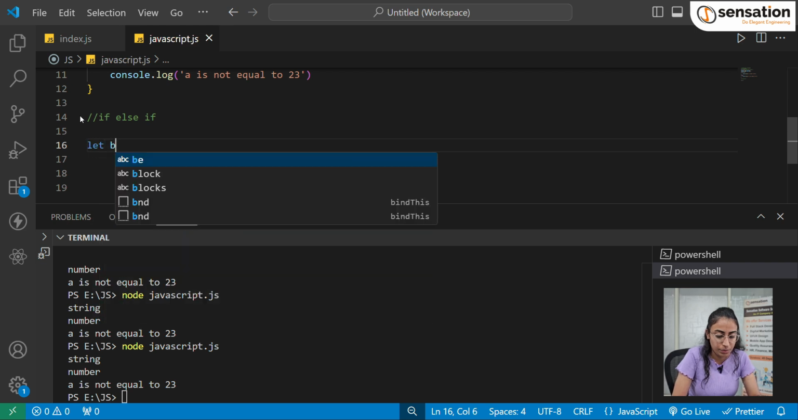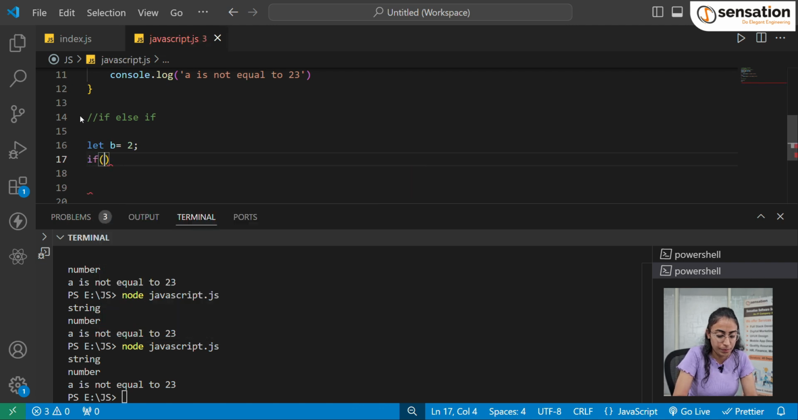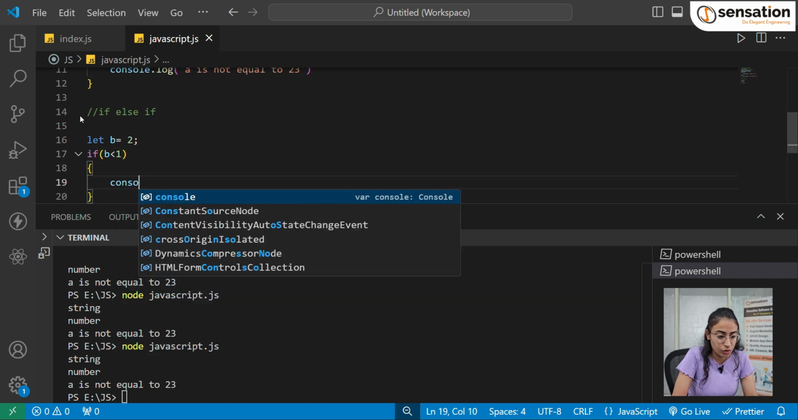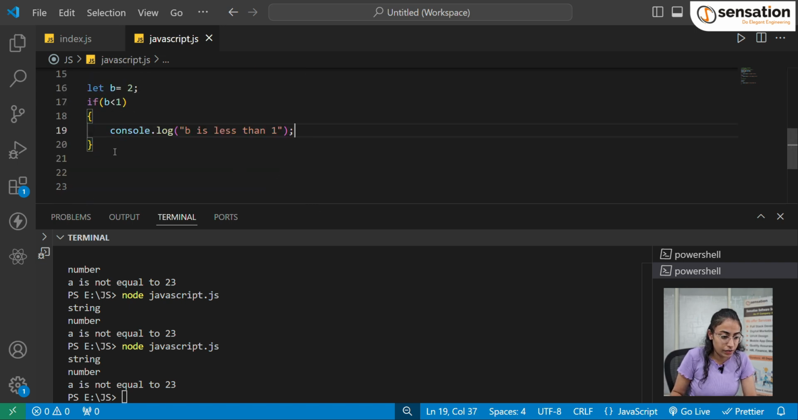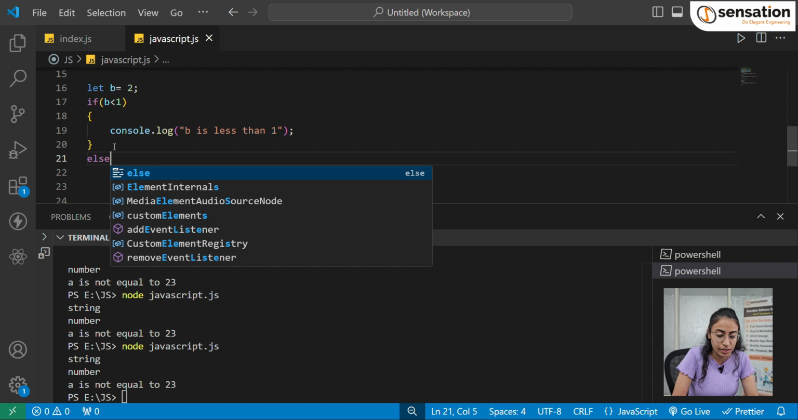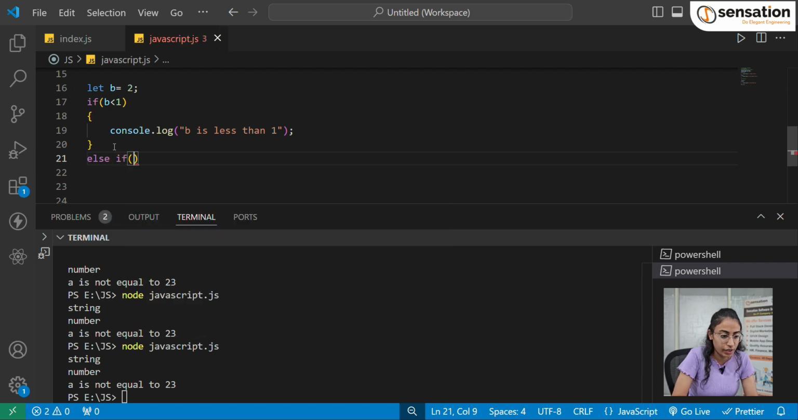Like let b equals to 2, if b is less than 1, console.log b is less than 1. If this condition doesn't satisfy, then go in the else if block which checks b equals to 2,